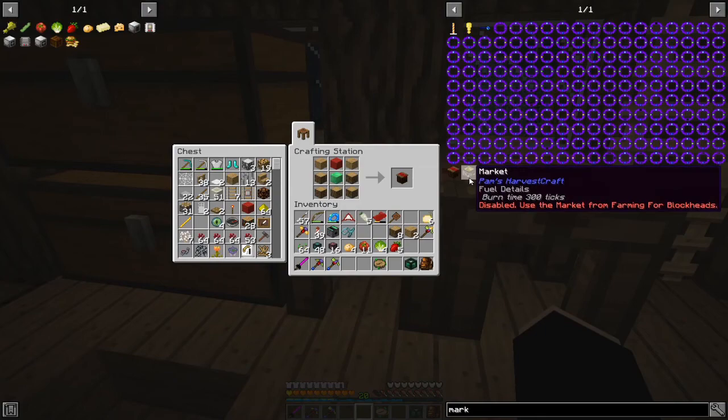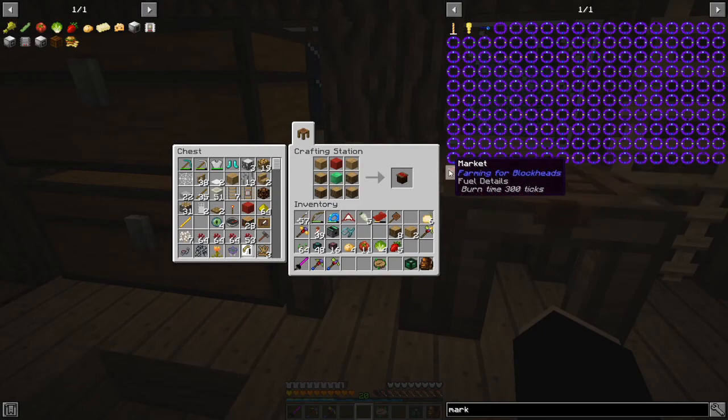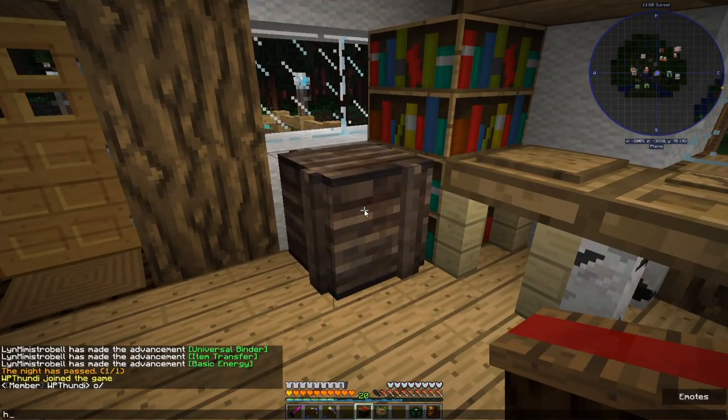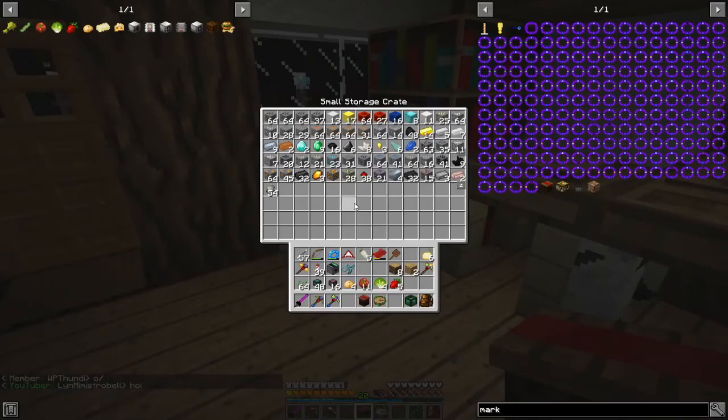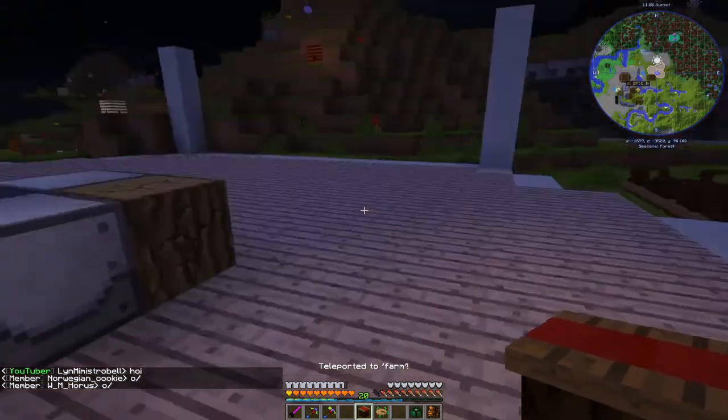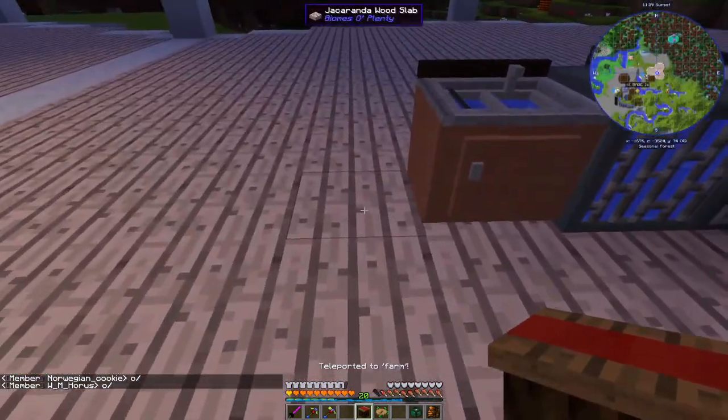Well, I hadn't. So there's two markets. There's the one from PAMS, which is rather annoying, and then there's the one for Cooking for Blockheads. PAMS is disabled, which is good. It is slightly expensive, needing a block of emeralds, which is a shame. And we also need some emeralds to trade, but that's okay. Let's see, I'm gonna put it, for now, this is gonna be our...